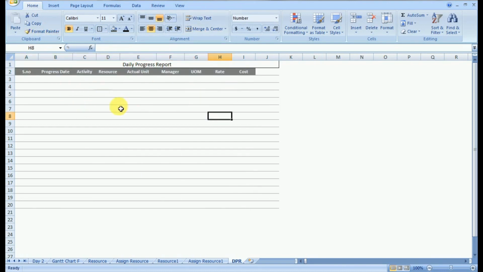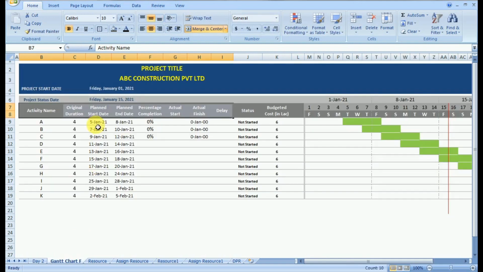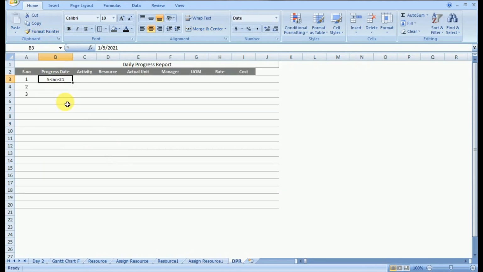The first row will be merged, in which we will give the heading of the sheet. Once we give the heading to each of the columns, we will format them. Now in this sheet, we will manually enter the first six columns, that is serial number, progress date, activity, resource, actual unit, and manager.